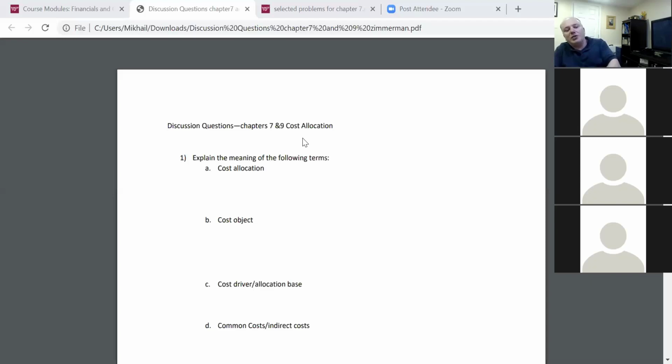For some products, if you pick a particular driver X, whether it's labor hours, machine hours, number of batches, number of product runs, or in academia, credit hours, or square footage, whatever number you want, for some products or some cost-driving activities it might be a really good approximator, but for some it might be really horrible. And the truth is, there is no one-size-fits-all driver that you can pick.